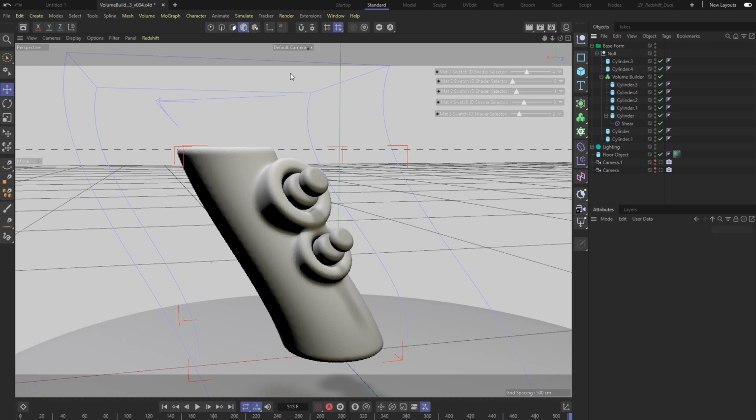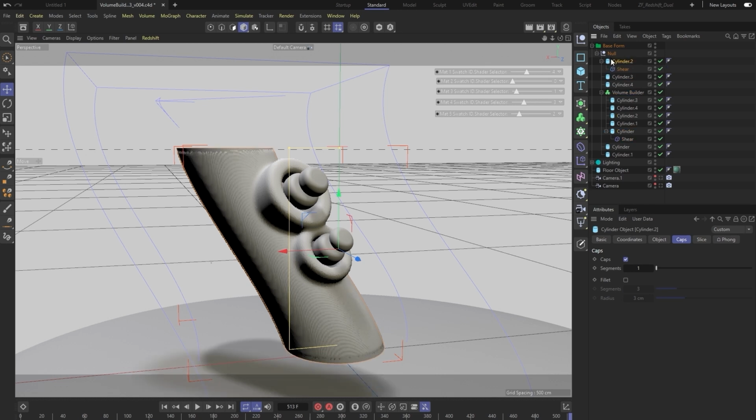Now maybe I want that extension to come into place. So I'm going to grab this original cylinder and duplicate it. I'm going to hit Control and just drag it, and it will duplicate that object. Now I want to do some offsetting from the shear deformer. So I'm going to isolate this guy by putting it in a null as well. I'm going to hold the Alt key as I click the null, and it will put it in a null for me. Now I can take the shear deformer out, and it won't affect anything else. It'll just affect this guy inside this hierarchy.